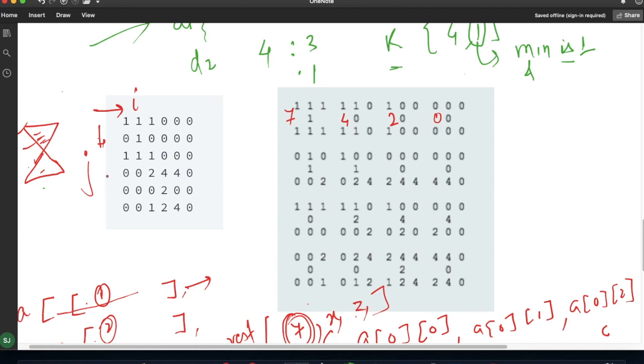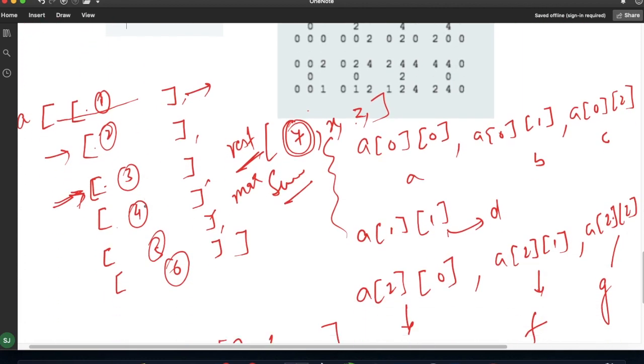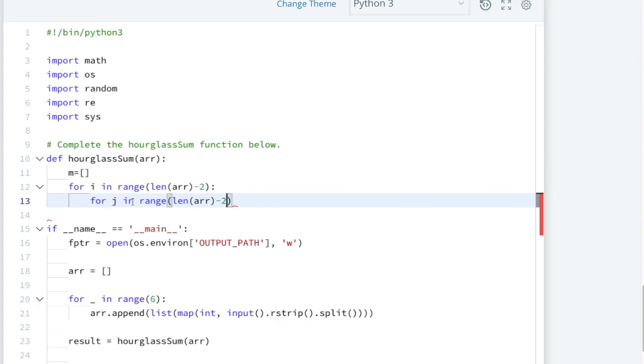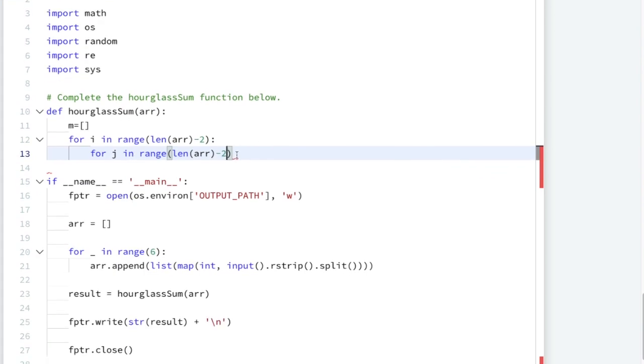If I am here, then I can simply get this and this value by simply adding 1 and 1, as you saw here, 0, 1 and 2. So that's why I am iterating up to length of array minus 2 times.